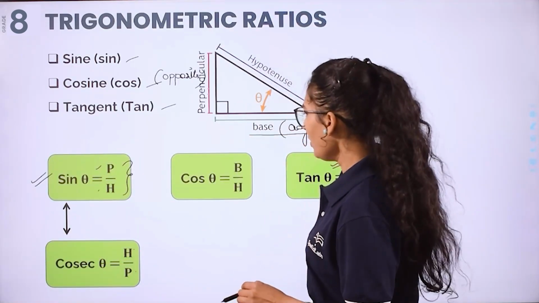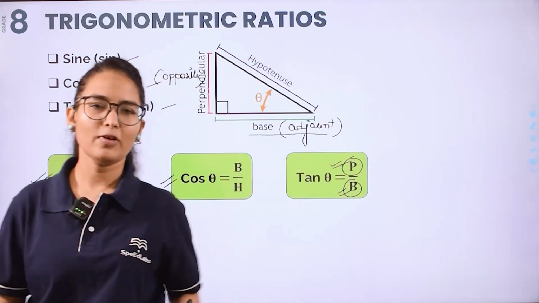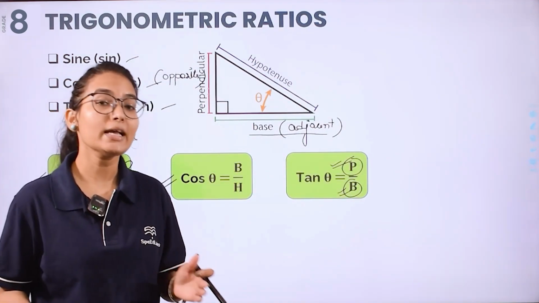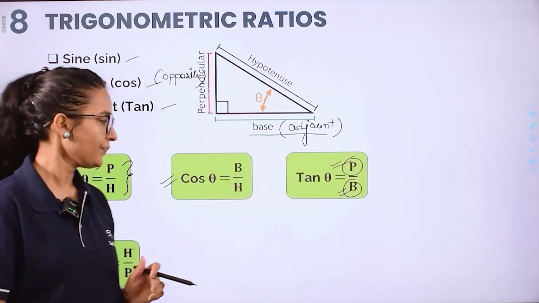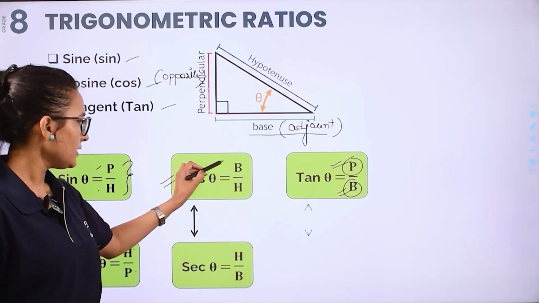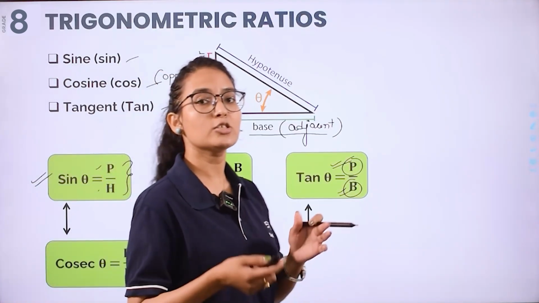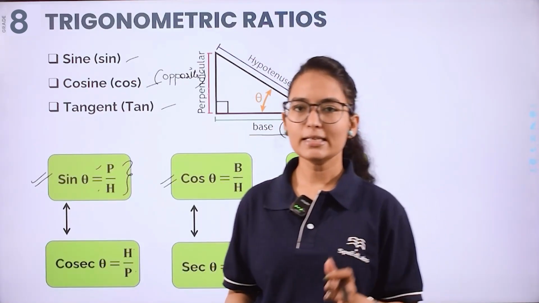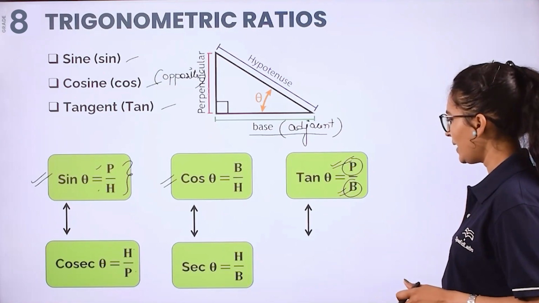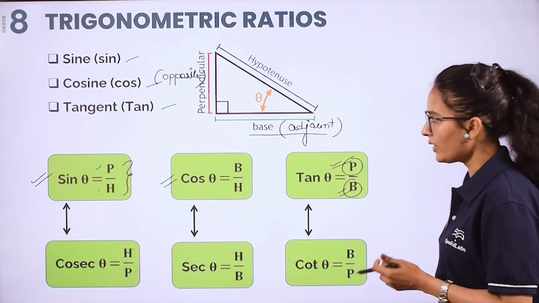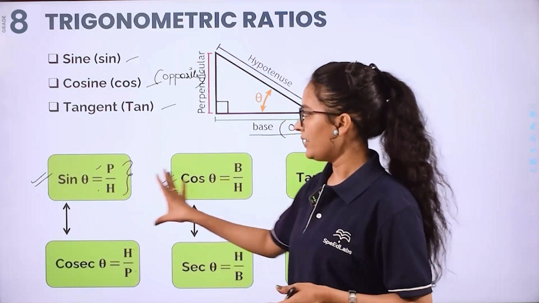Okay, now if you know the value of cos theta, that is B by H, you can definitely find out the value of secant of theta or sec theta also, because again they share an inverse relationship, right? So let us see here. This is B by H and this is going to be H by B. Now similarly, the last one, that is cotangent or cot, it is the inverse of your tangent of theta. Okay, so take the inverse of this, P by B becomes B by P. Okay, so that's it. That is about the definition of your 6 trigonometric ratios.